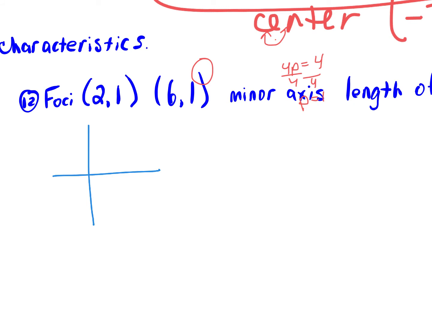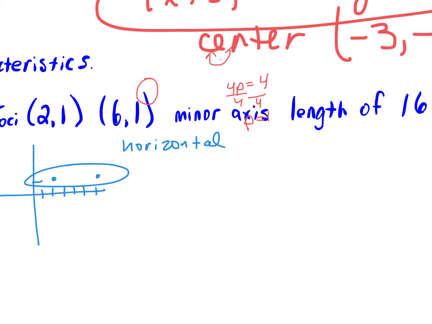All right, so I have my foci at 2, 1, so 2, 1 is one of them, and then at 6, 1, 2, 3, 4, 5, 6. So again, this is going to be a horizontal ellipse. We know it's horizontal because our foci are spread apart, wide, left to right, not up and down. So I know the standard form of my ellipse equation that I'm going to be using is X minus H squared over A squared